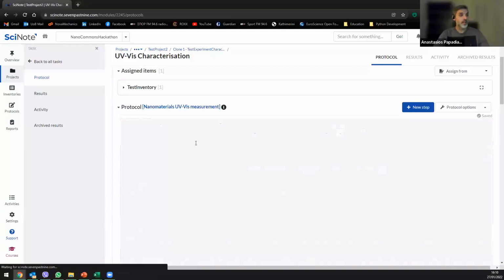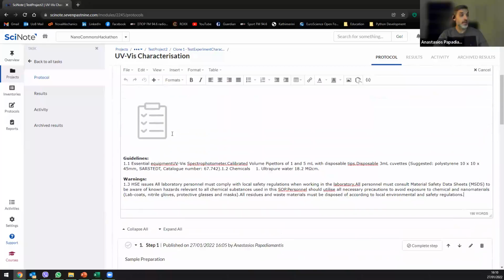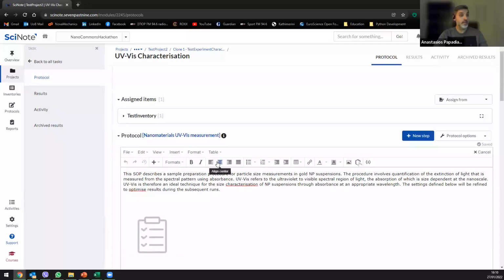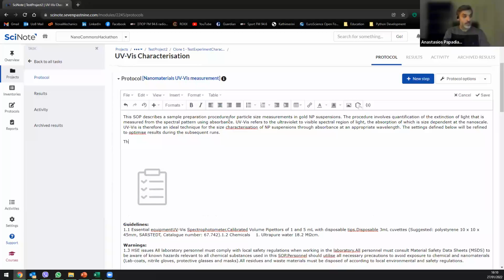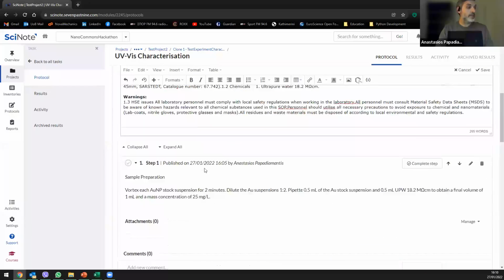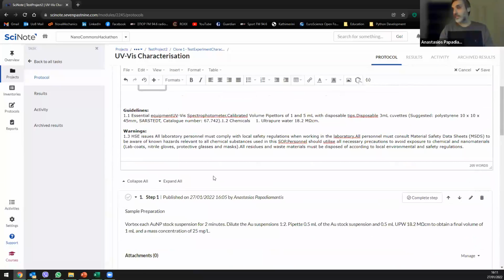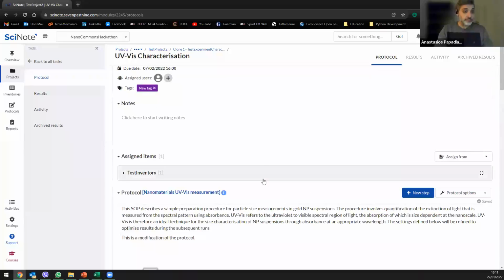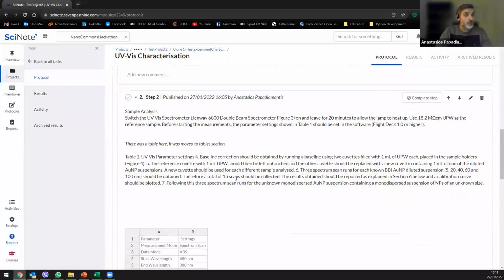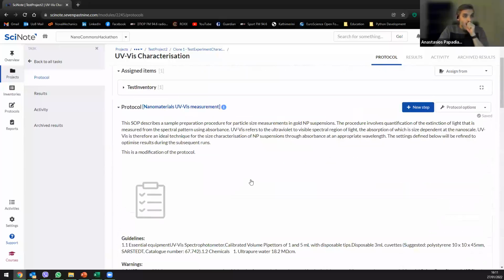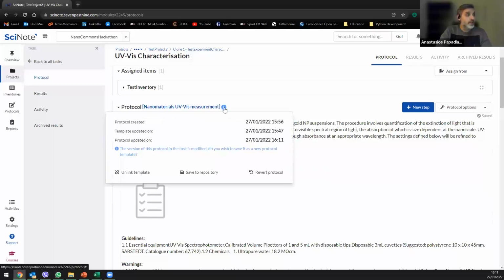what happens is that you can actually play with the protocol. So if you click on a task, you can modify it, etc. And if you deviate, you can type in something that you're deviating from the protocol. You can change something in the protocol, and you click save. And then, when you do so, what happens is that it gives you here an